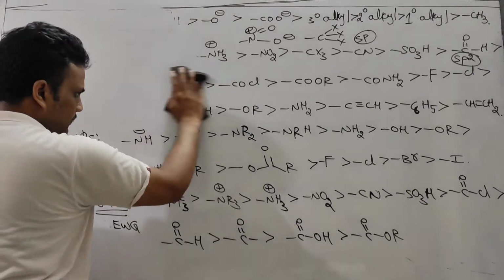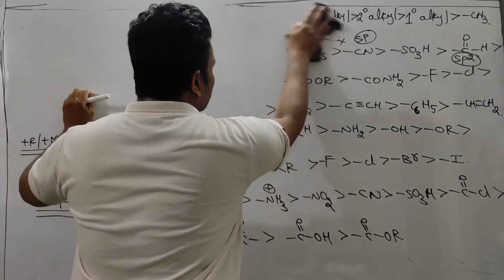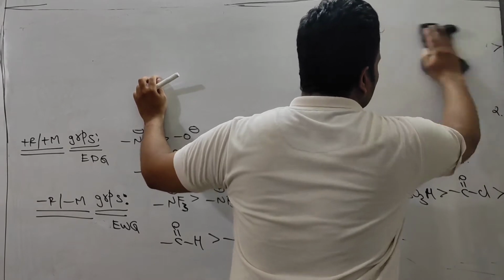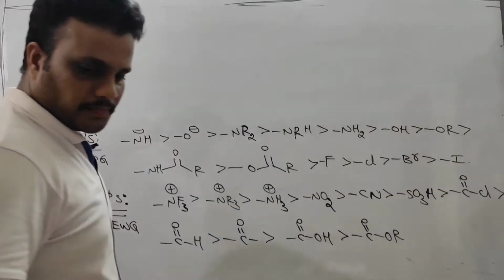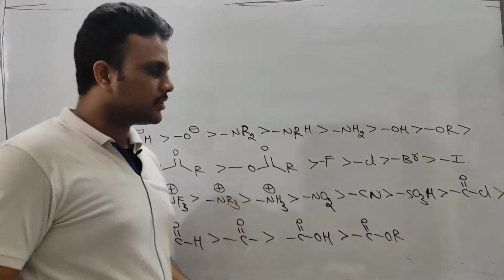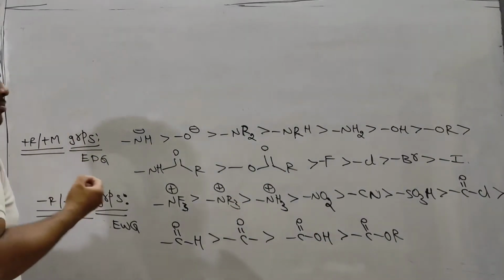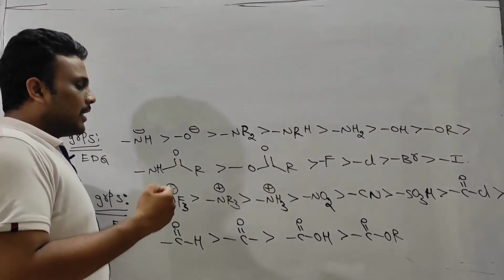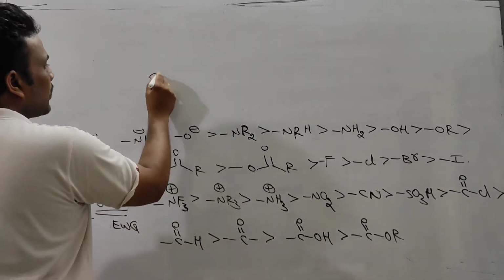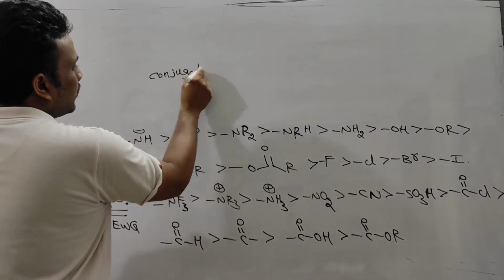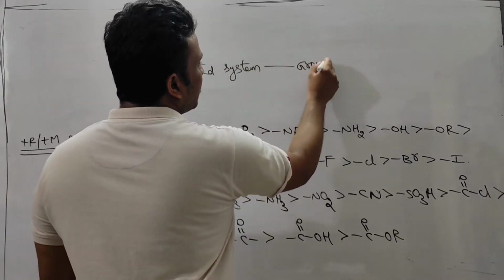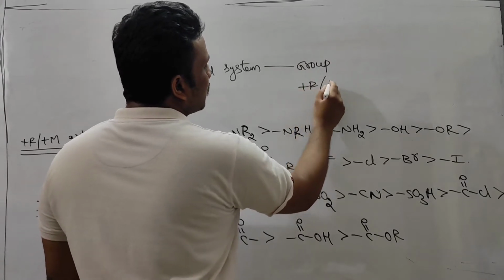Actually they have a speciality. You see, these groups, some are already present in plus I, some in minus I. Already I told you that in conjugated systems and ortho and para positions of benzene ring, these groups show resonance effect. So how to identify a plus R or minus R group in a conjugated system? This is a very easy trick. You have a conjugated system, and to this conjugated system some group is attached. Now it may be plus R or minus R.